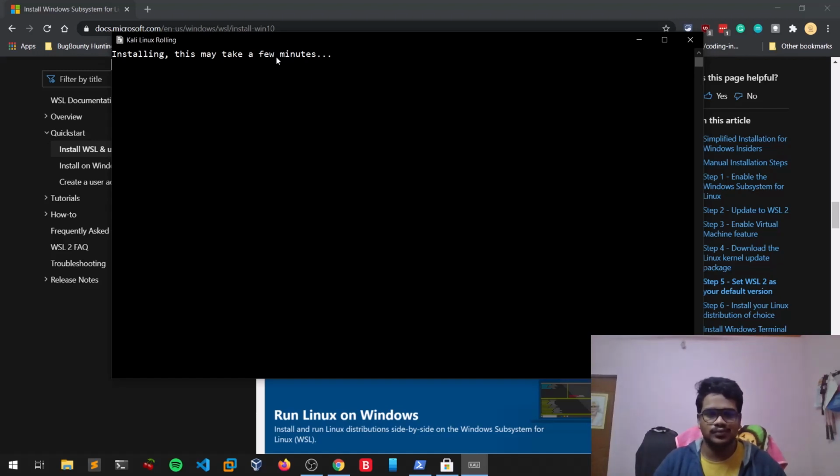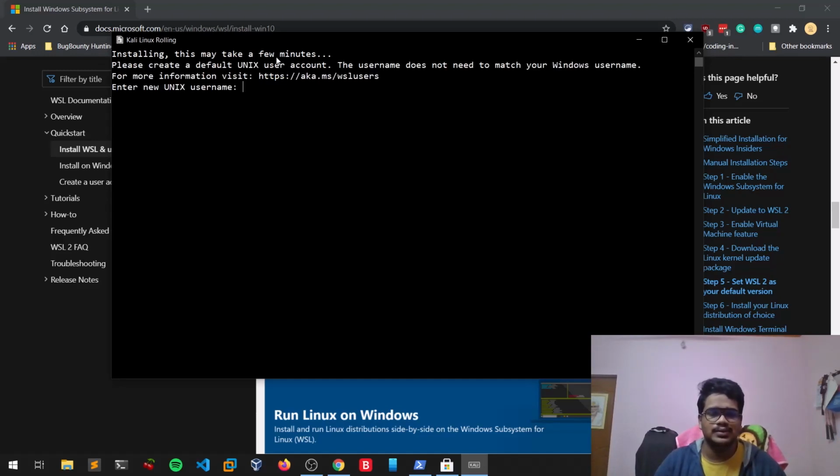And also, guys, from now on completely follow my steps. I'll also show you how you can add a root user by default. You don't need to do anything. Let this install. It will take a little bit of time. It's 1 GB, I think. Nearly the whole Kali Linux package will be 1 GB, and the download might be 500 MB or so. Here, guys, you can see that it's completely installed.